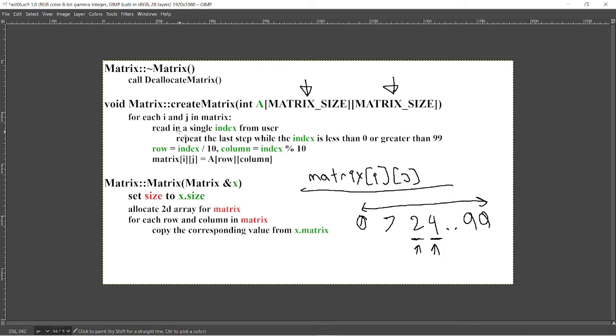So while you're doing this, you need to keep reading in a single index from the user while it's out of bounds. If it's less than 0, it's too low. We can't have a negative number in the matrix. If it's greater than 99, that's too big. There is no index higher than row 9 and column 9. When you have a valid index,